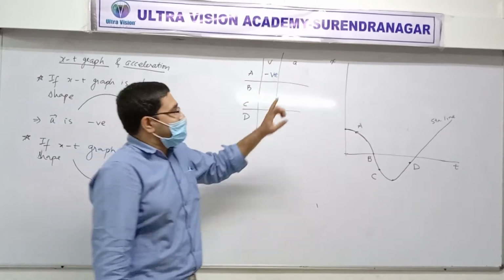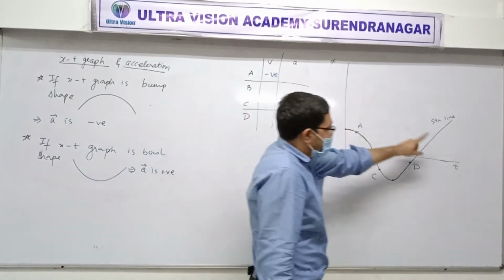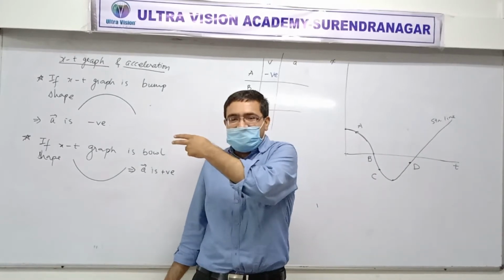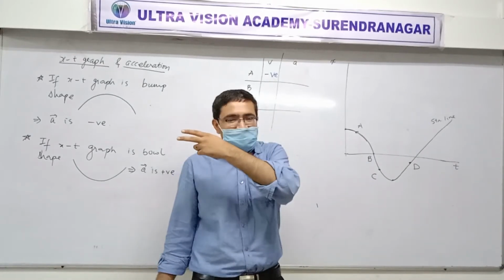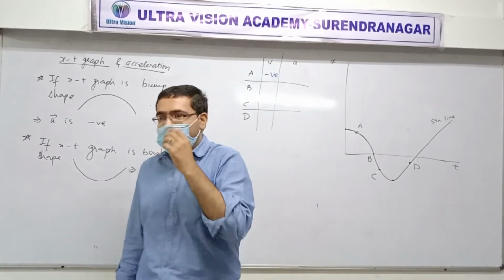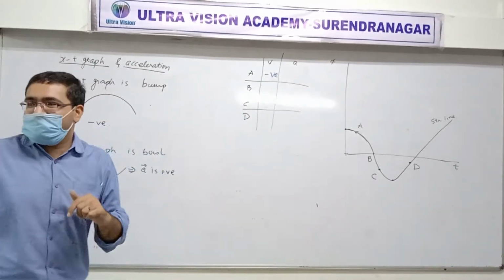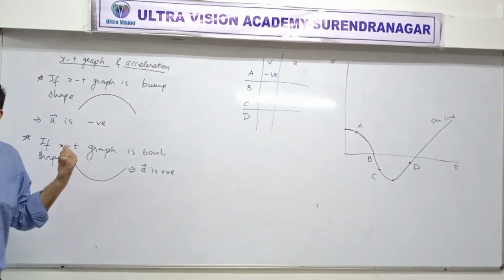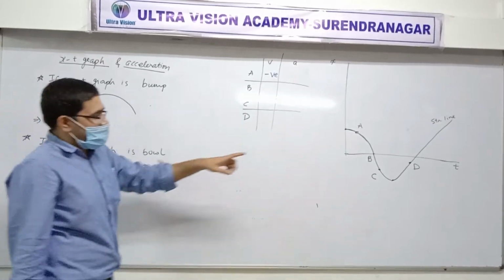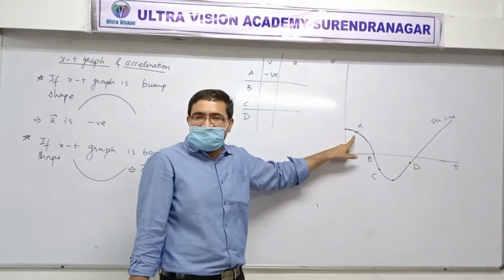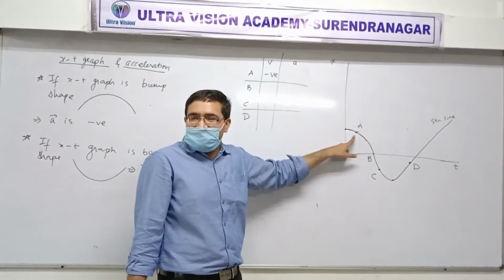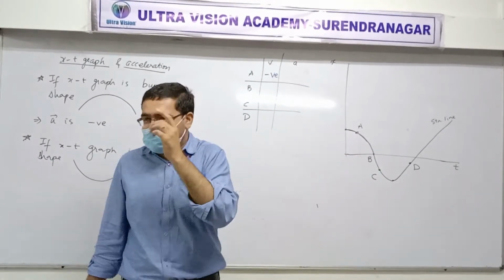How do you decide sign of acceleration from xt graph? I have made you write two great sentences. Easiest thing in the world if you can remember it. Yes or no? Yes. No, means negative. Why? Bowl shape gives positive. Bump shape. Who agrees? He is saying bump shape. Correct. Sit down. Well done.